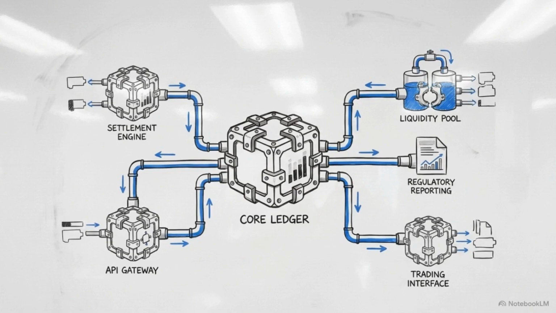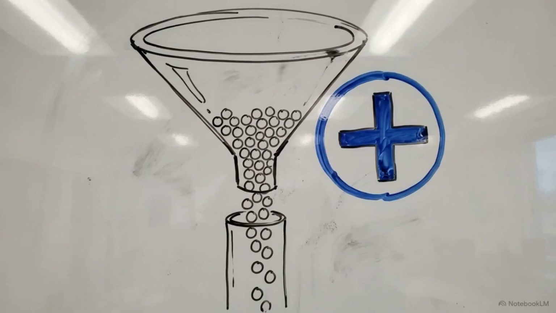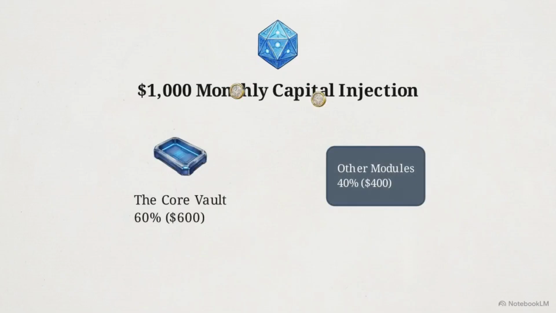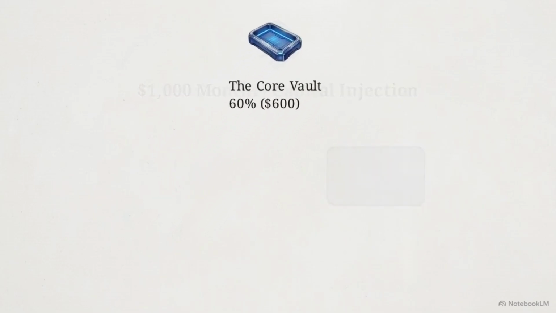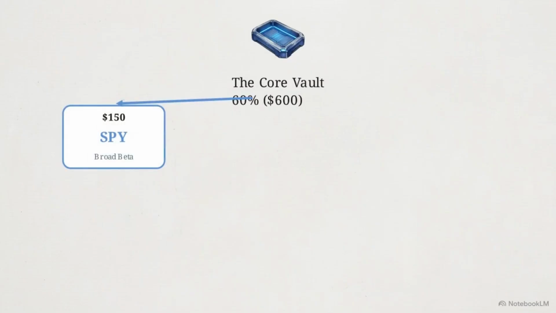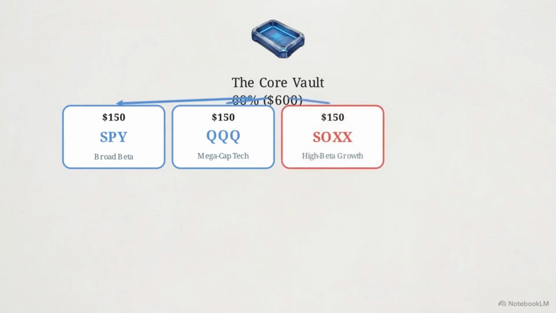Building this architecture starts with a foundational capital mechanism. The system relies on a strictly automated dollar-cost averaging script, injecting exactly $1,000 of new capital per month. Looking at this capital dashboard, we can see the primary allocation split. 60% of that monthly injection, or $600, flows directly into a designated reservoir known as the core vault. The first half of that core vault allocation splits evenly. $150 purchases SPY to capture foundational broad market beta, and $150 goes into QQQ to secure mega-cap technology and secular growth momentum. The second half allocates $150 into SOXX, acting as a high-beta secular growth driver within the semiconductor space,